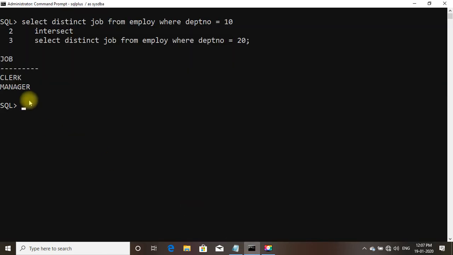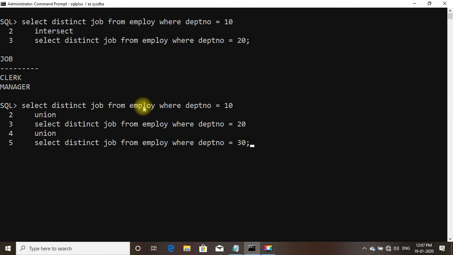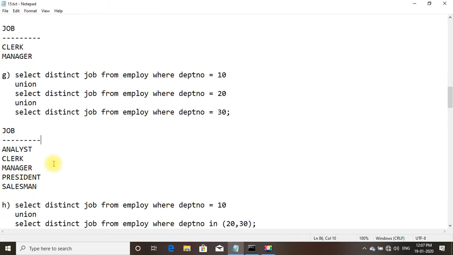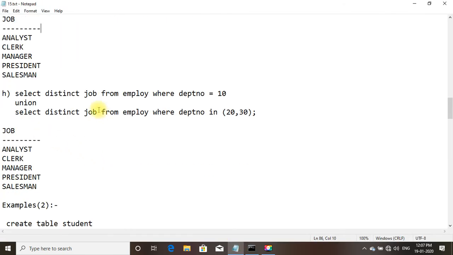Copy. Select distinct job from employee where department number is 10 UNION select distinct job from employee where department number is 20 UNION select distinct job from employee where department number is equal to 30. So you can see analyst, clerk, manager, president and salesman. Let us come to the next example.